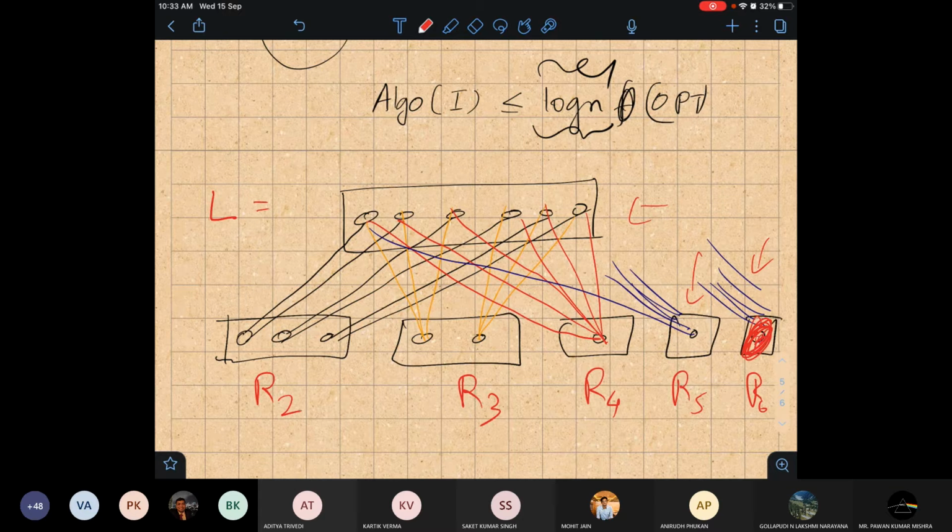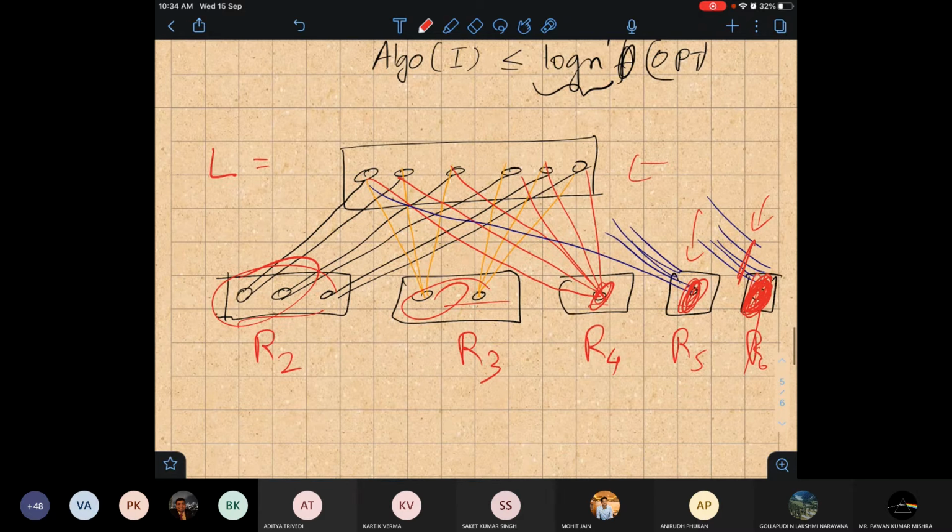If I pick this node, since it also has degree 6, I can pick this node. So I will pick this node and remove it. Then I will pick this node. So the algorithm you have suggested will pick nodes like R6, R5, R4, then R3, then R2. You can verify it also. So in total we are picking more nodes: 3, 2, 5, 1, 6, 1, 7, 1, and 8 nodes. For this instance, I am picking 8 nodes instead of 6.